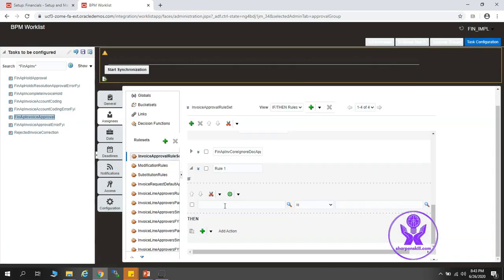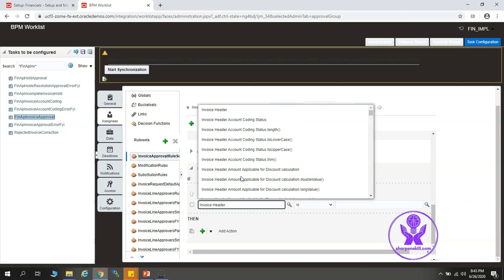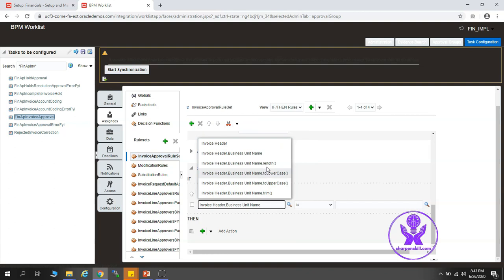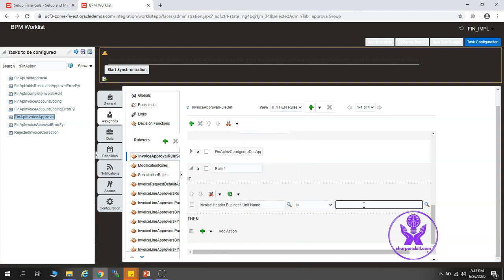So since I remember, I'll go and type in invoice header dot business unit name is US1 business unit. Alright, so you have to be very careful about the hard-coded values over here that you type in.